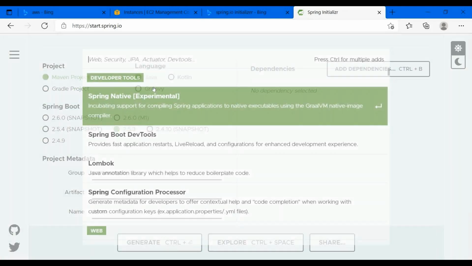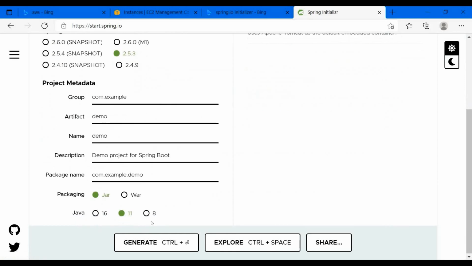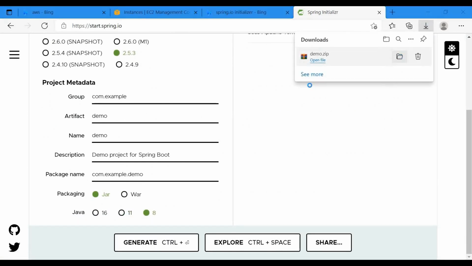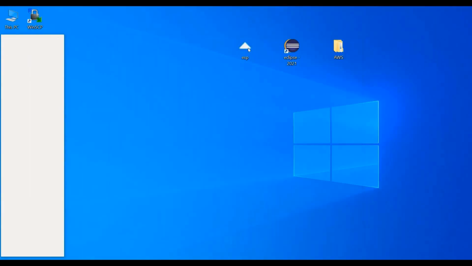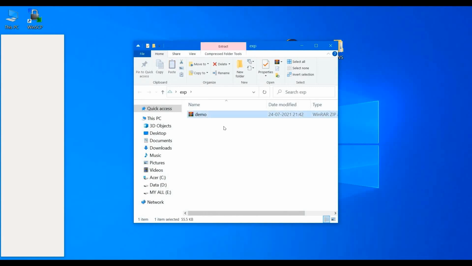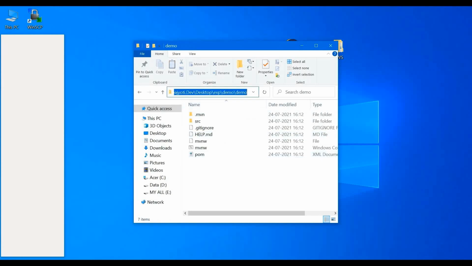So this is Java, and whatever version you want, you choose. Let's import this file into our Eclipse workspace.